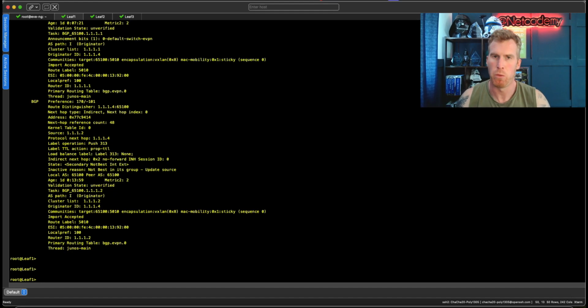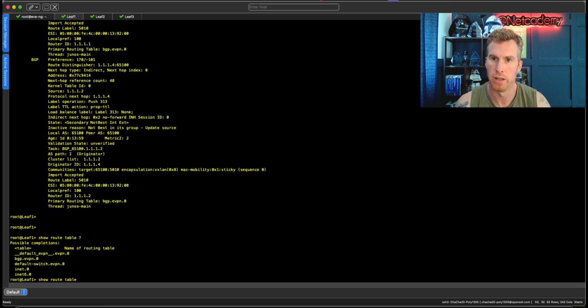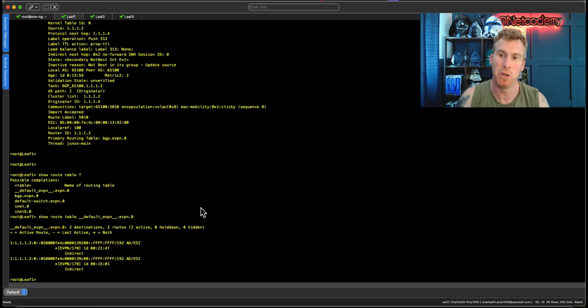A very helpful command there for you to see. But what about that other routing table for EVPN? So let's do show route table, question mark, and it was underscore default. It's 2 underscores actually, don't be caught off by that. There are 2 underscores there, it's a little bit hidden. It wasn't working. If you do 1 underscore, it won't auto-populate it for you. But now if I just do show route table, double underscore default, and hit enter, a lot smaller, because again,